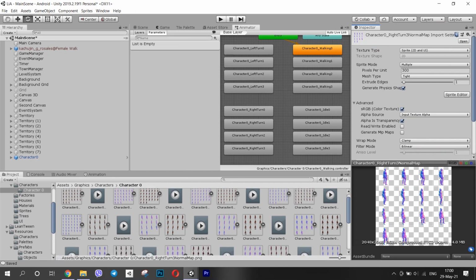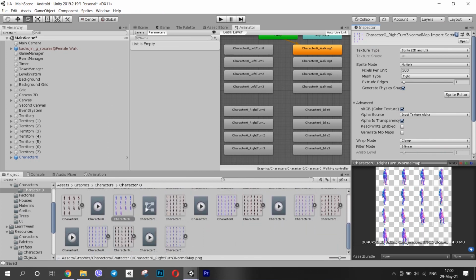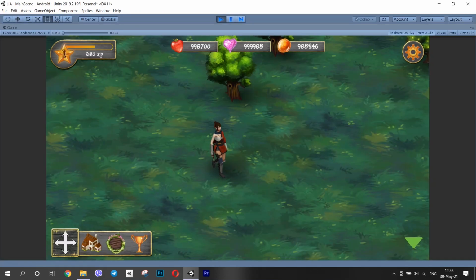A little tip: if you have a lot of animation states, you should change them through code and not with the parameters. Otherwise, you might end up in animation hell. I followed a tutorial on how to avoid this. Link is in the description.